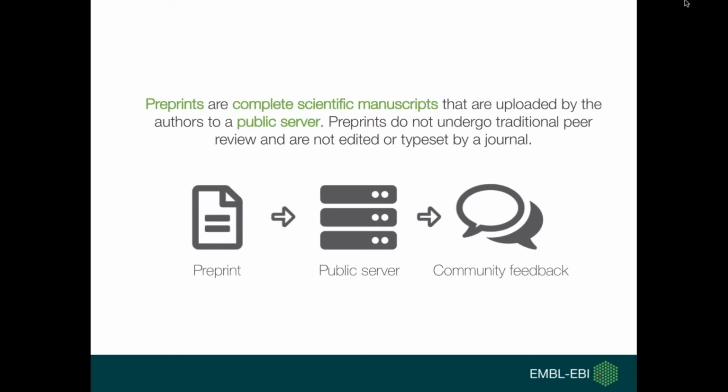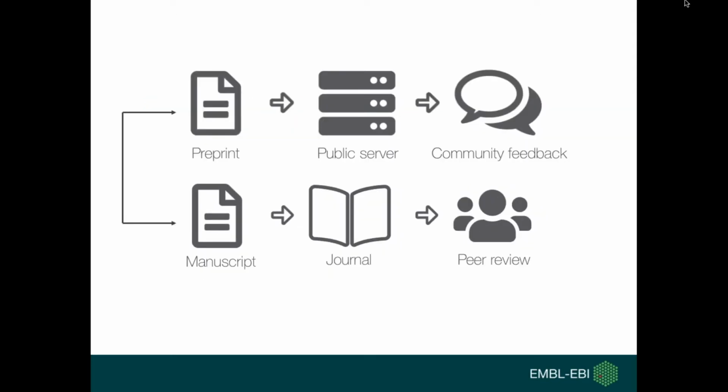Now, preprints are a rapid way to disseminate scientific findings, whereas journal articles provide this additional layer of validating findings by way of peer review. And so in theory, this is more of a parallel process. Someone might post a preprint to a public server while submitting it as a manuscript, and it could be identical to the preprint submitted to the journal, where it later on is going to change through peer review, editing, and typesetting. So these are the two forms of